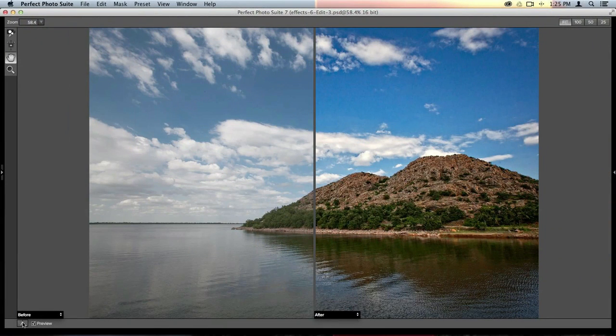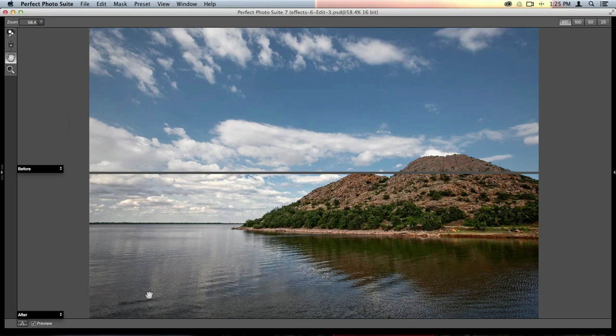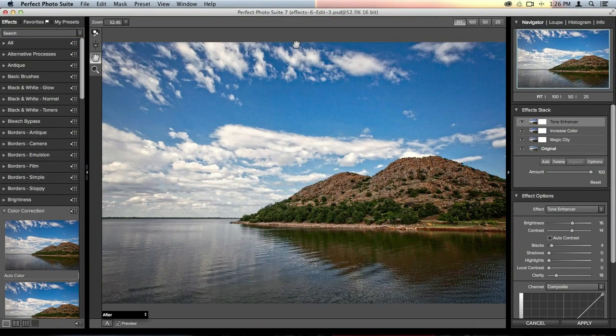So let's go back to just our after image here. One more time. If I click on the tab button one more time, it shows me both the left and right again. And I want to save this as a preset. And this is really important. I always recommend you save everything as a preset. Presets are fantastic. Presets are the way that you can save your work and reuse the same set of effects